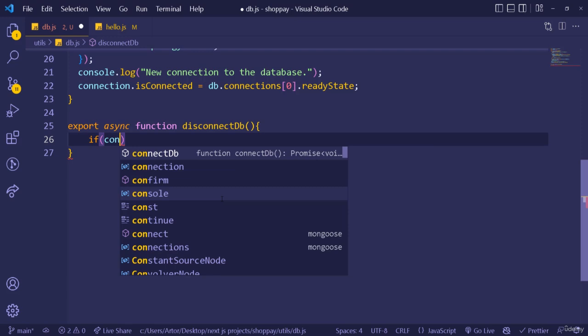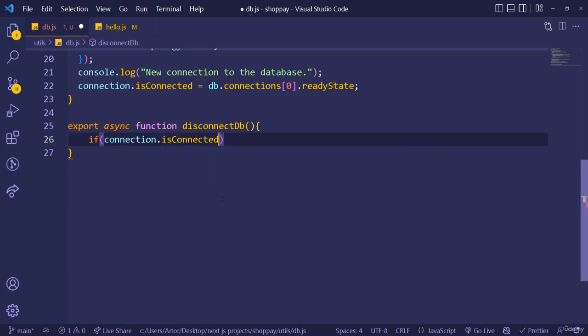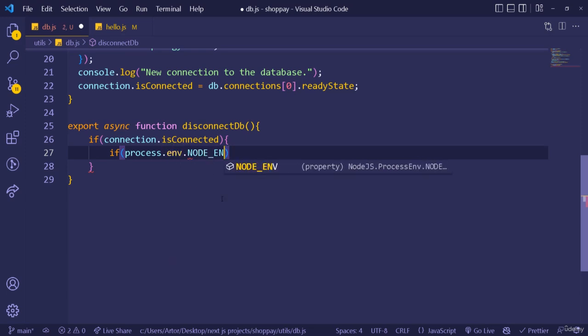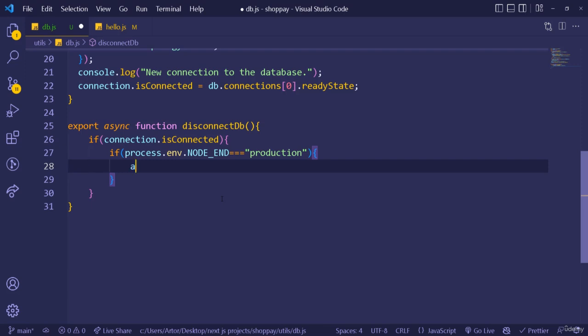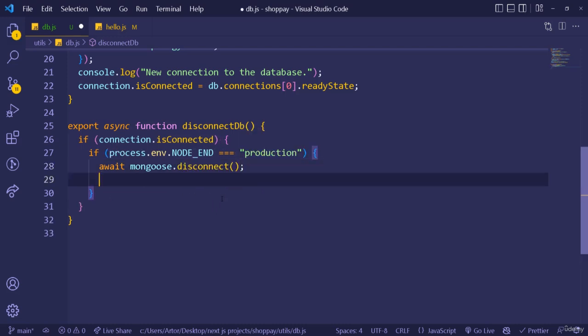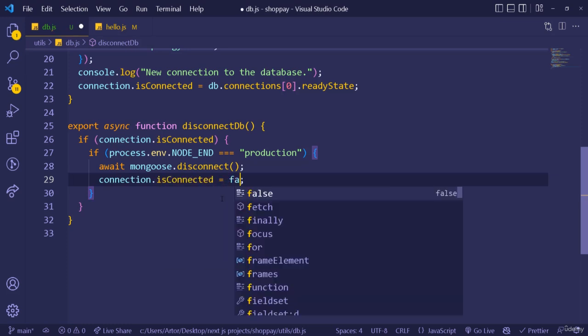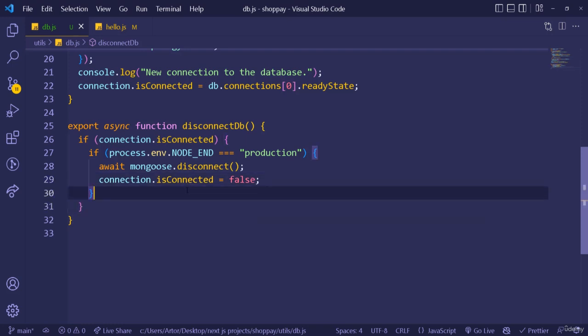So first of all, we want to go to connection and see if we are connected. So it's connected. When we are connected, there are also two scenarios. We're going to go first to process.env.NODE_ENV variable, and see if it's equal to production. That means we are in production mode. Then we need to actually disconnect, so we can go await and then mongoose.disconnect like that. And then also go to our connection, and isConnected, and make it either empty or false, whatever you want. And then else,